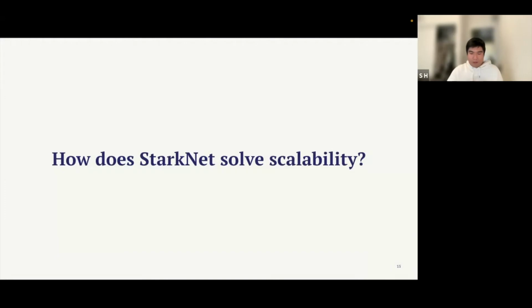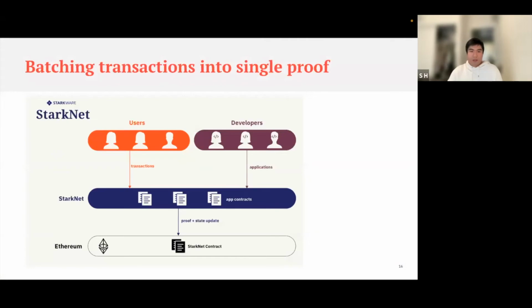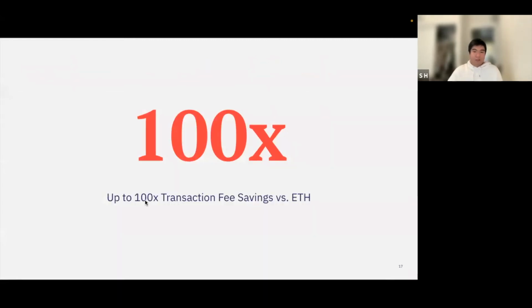So I think what StarkNet does really well is attempt to solve the scalability issue, right? How it works is, on StarkNet, it takes a lot of transactions and turns them into one transaction via a validity proof, and then it sends it to Ethereum for Ethereum to verify. So it's like a batching function, right? You can think of it like a zip. You zip a lot of files together, and when you zip that file, it's smaller, and then you just verify that the zip is correct, and you get over 100x in gas savings, right? Because you can batch many transactions into a single transaction.